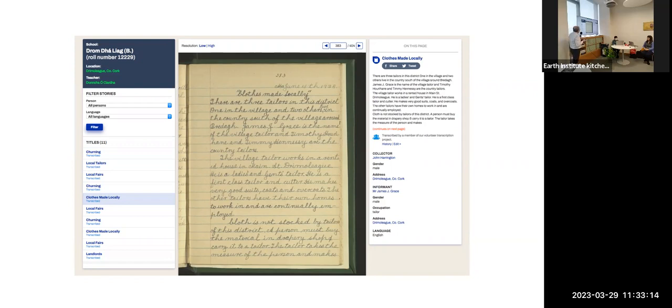And the informant, this is a phrase that we've used since the 1930s, and we borrowed it from the Swedes in the 1930s. As distinct from informer, an informant is somebody who provides information to you. So all the metadata is provided there. And then on the right-hand side, in that box, you'll see transcriptions.